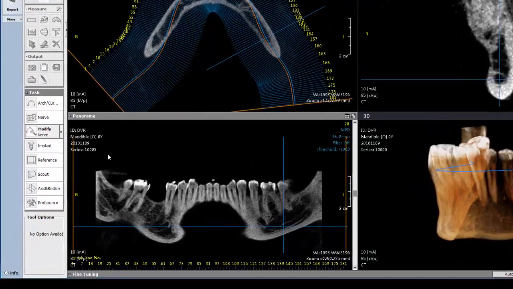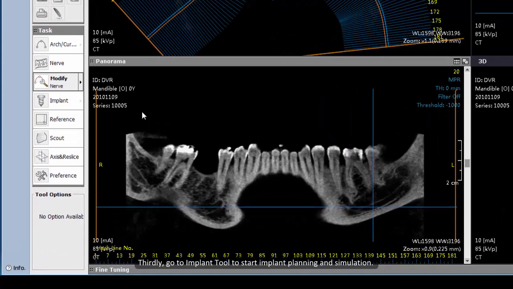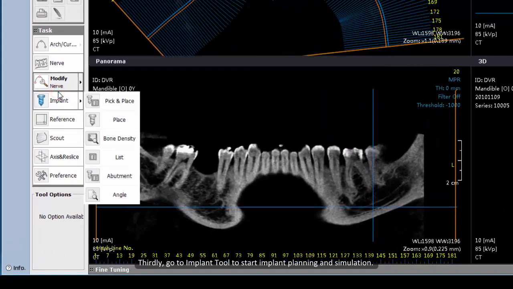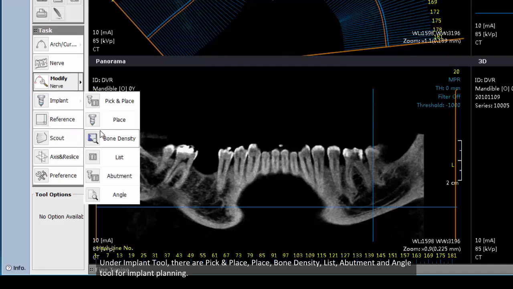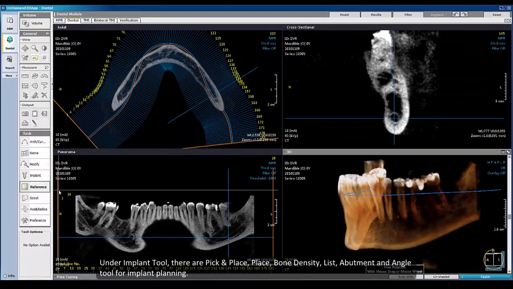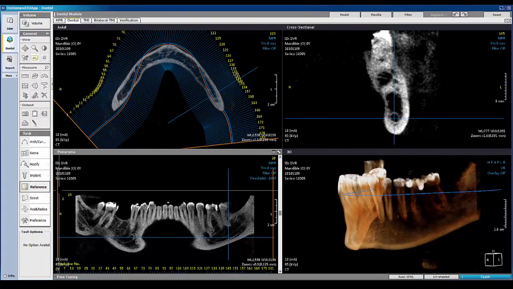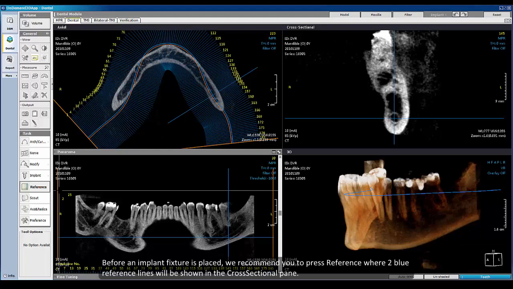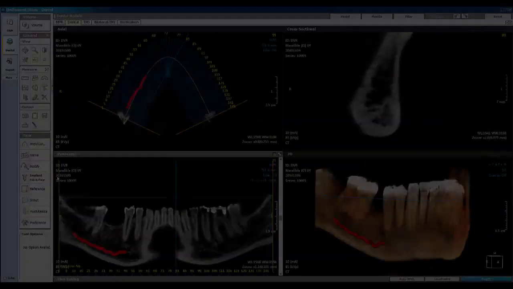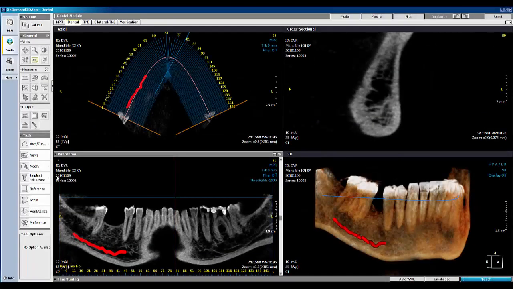Thirdly, go to the Implant tool to start implant planning and simulation. Under the Implant tool, there are Pick and Place, Bone Density, List, Abutment, and Angle tools for implant planning. Before an implant fixture is placed, we recommend you press Reference, where 2 blue reference lines will be shown in a cross-sectional pane. Then, click the Pick and Place tool,